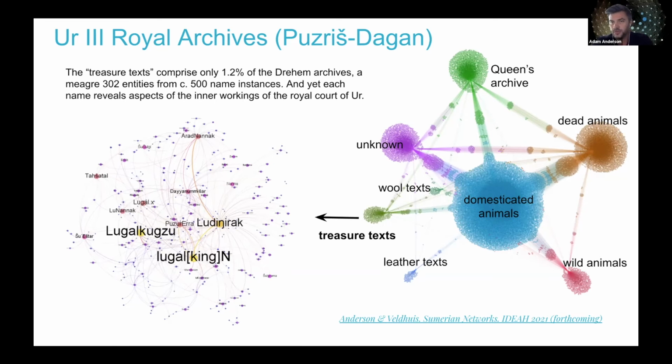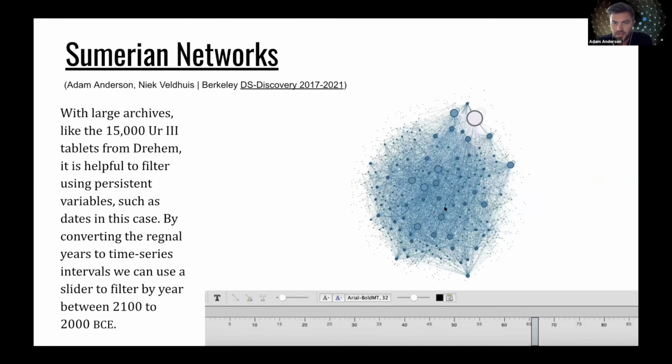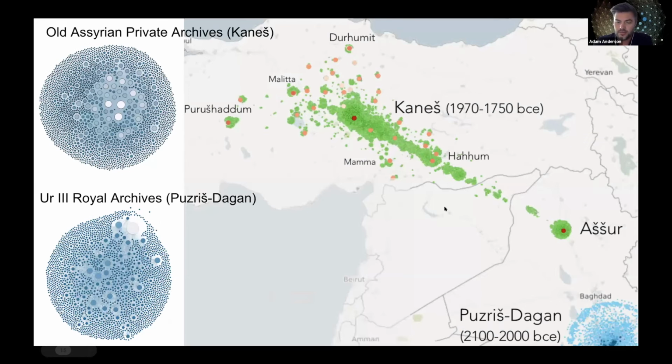You can see here when we do a network like this, that we're able to view really interesting dimensions of their interactions based on centrality, who's receiving commodities and sending commodities most frequently, and it tells us a lot. In fact, a lot more than individual readings of each tablet, a close reading, can tell us. And especially for newcomers in the field, this is a wonderful way of familiarizing themselves with the main actors of a corpus. We've also been able to, with the time series data,